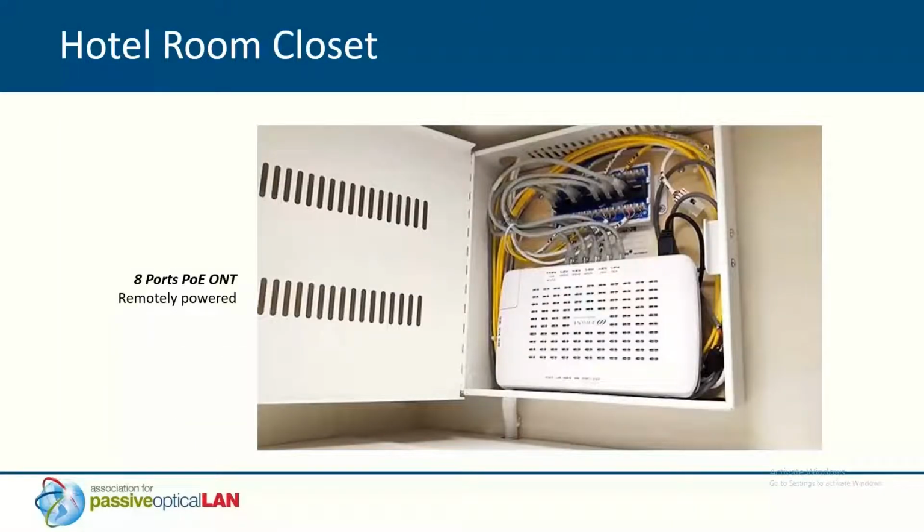Hotel room closet is just an example of a smaller form factor enclosure. This one is an 8-port. You can see there's a very small patch panel there where we patch out the Ethernet ports to the room. May go to the set-top box for the TV or the VoIP phones or whatever the need is. But you can see the footprint again, very small, allows a lockable cabinet, so there's no tampering. Easy way to get to equipment if you need to replace or make changes. Again, very common.